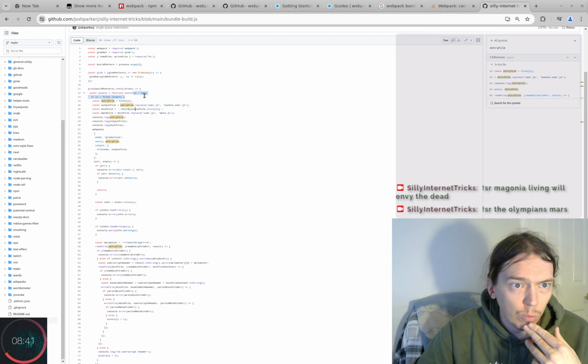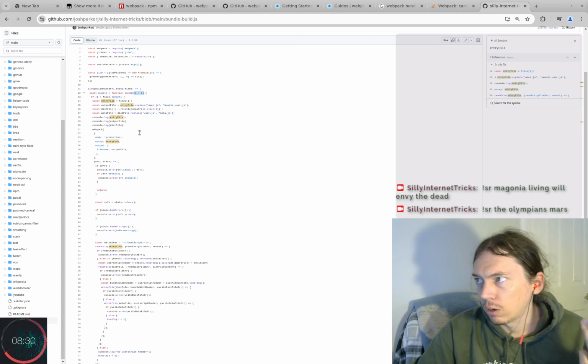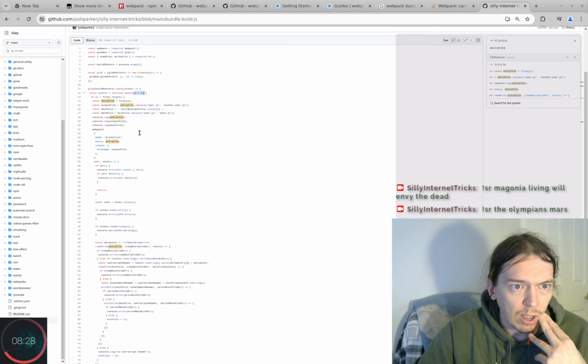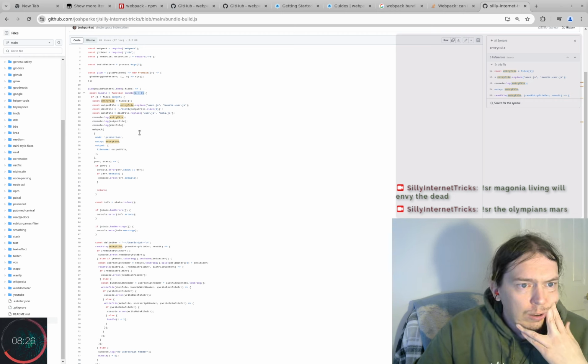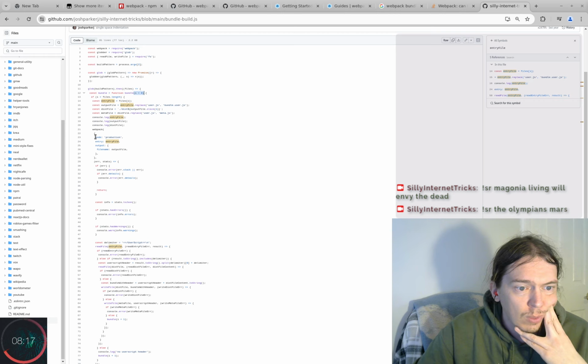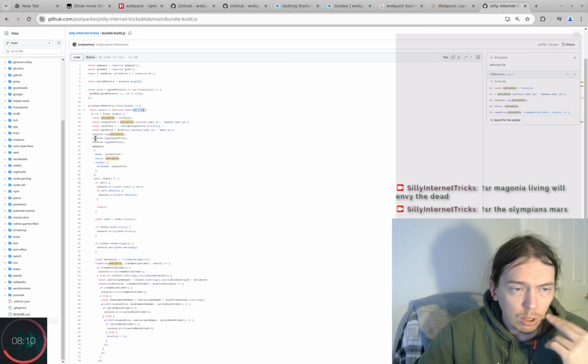Okay, so for some reason I did this recursively because I had some issue and I thought, oh, recursively will just make sense. I don't know that it really made any sense, but that's the way I did it. Okay, so we have to have whatever files that they are. So